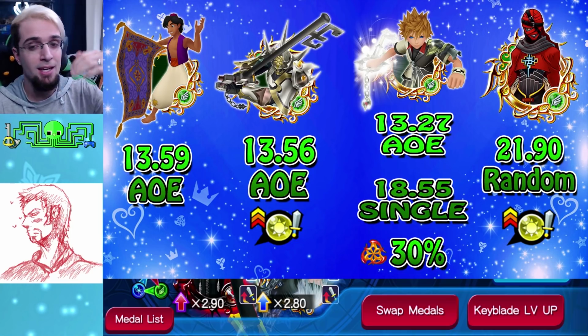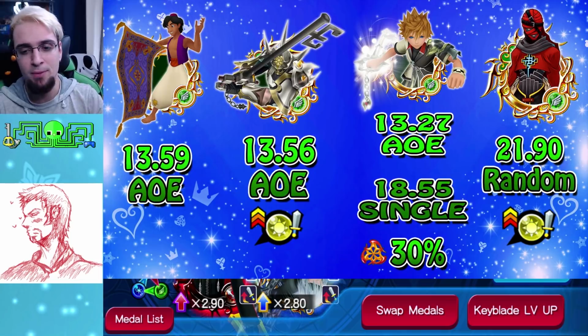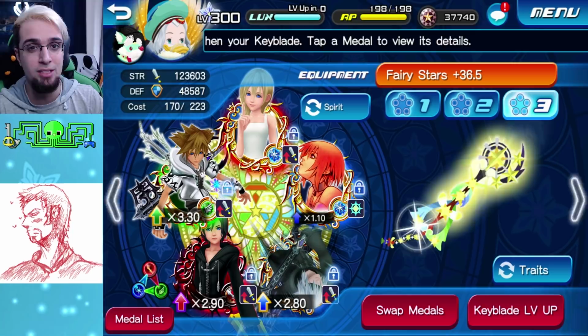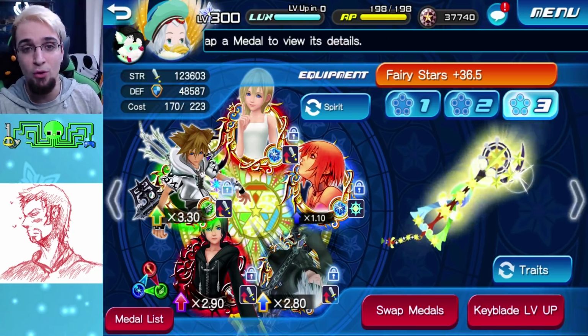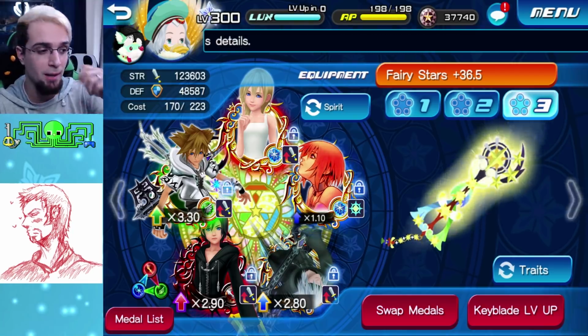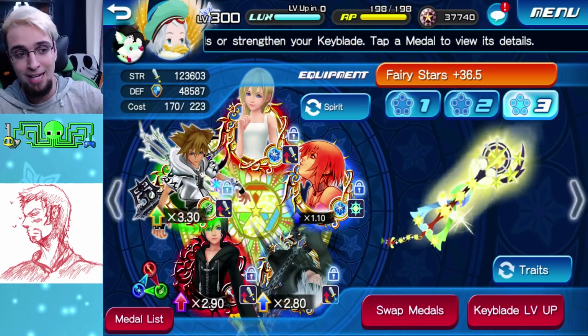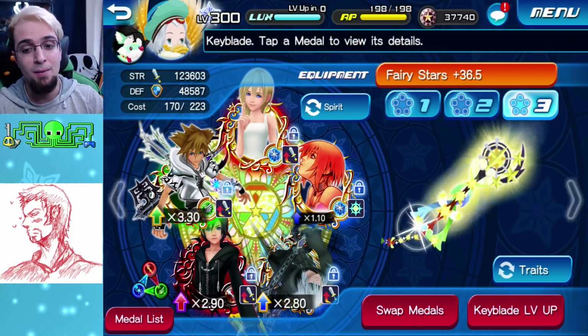And the thing is, Aladdin, like I was saying before, isn't punished by Ace Zion's copy. Ace Zion is going to be a full 13.59 multiplier. Now, depending on what your Ace Zion has and depending on what your Aladdin has, it can turn out better, but